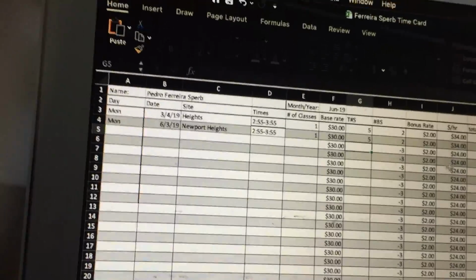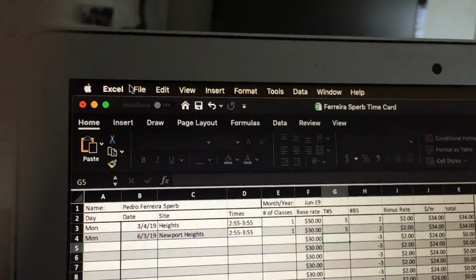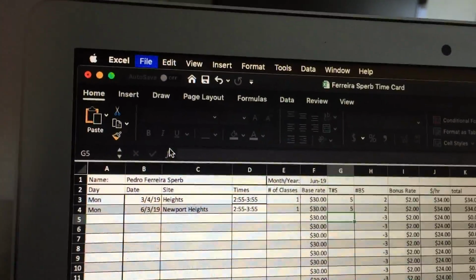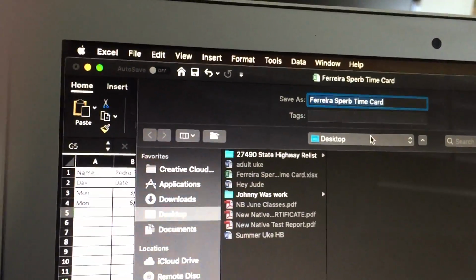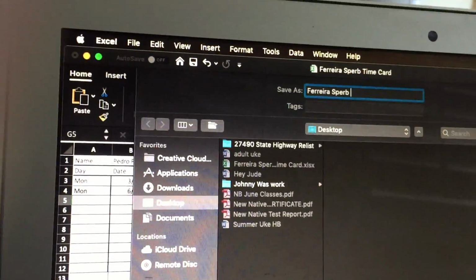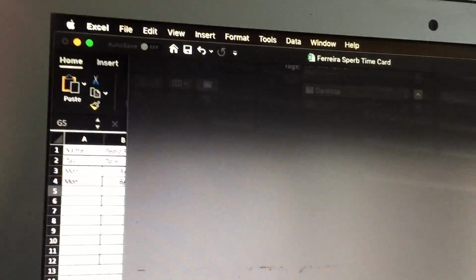Then when you save it, we're going to go up here to File, Save As. I want you, and this is super important too, to change it from your last name to the month. So we'll say June,